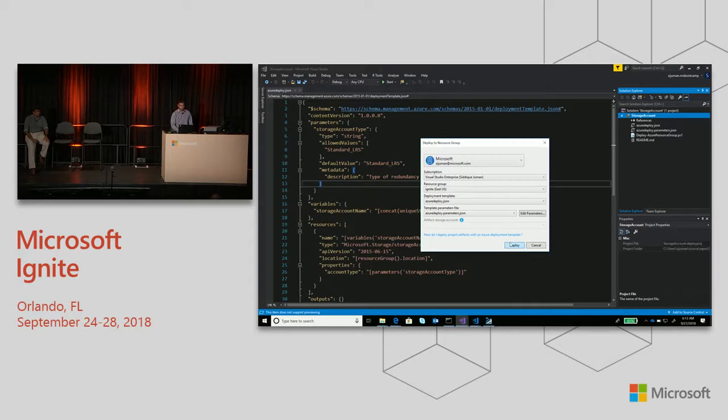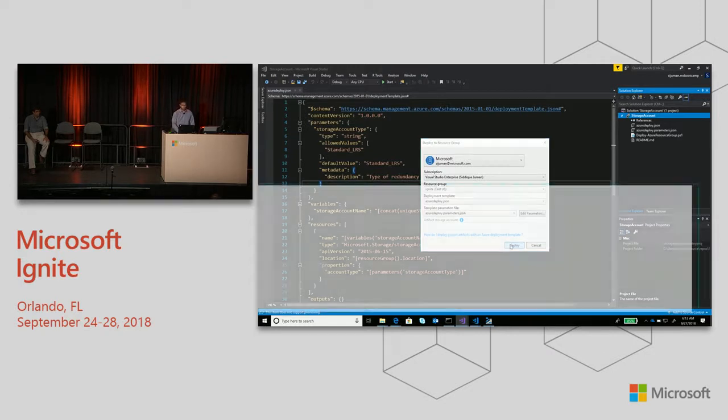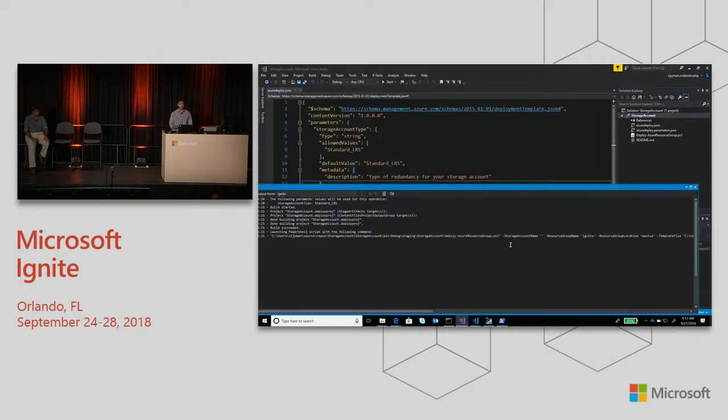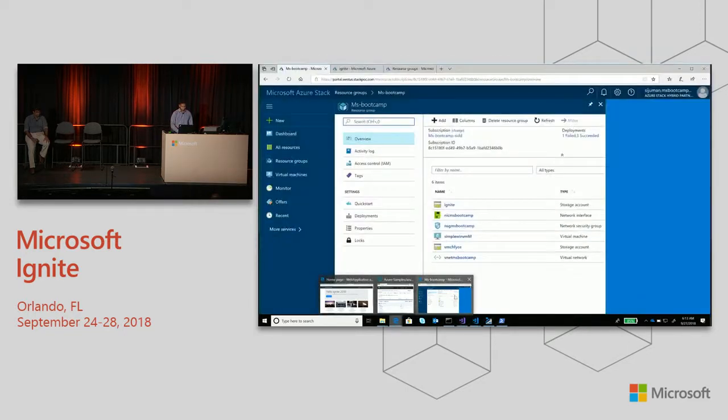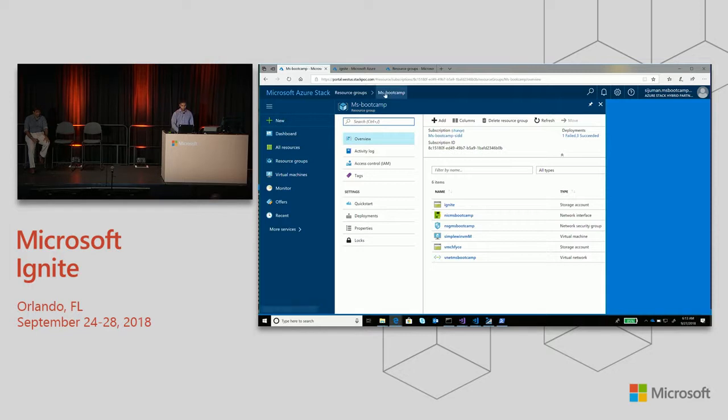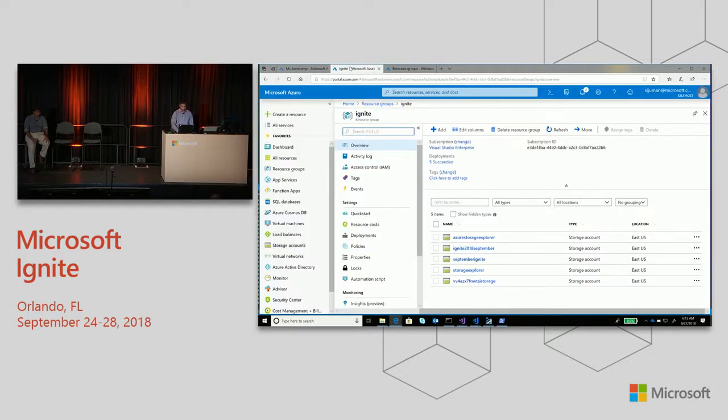Like I said, everything already loaded in, subscription and resource group-wise. I click deploy. It'll kick off the deployment again. I saw that it was available in my Azure Stack portal. Now I can go to my Azure portal and see that the same exact application exists as well. And this is how, with just one use of Visual Studio, we're able to deploy an application to both Azure and Azure Stack. Perfect. Thank you, Sadiq.